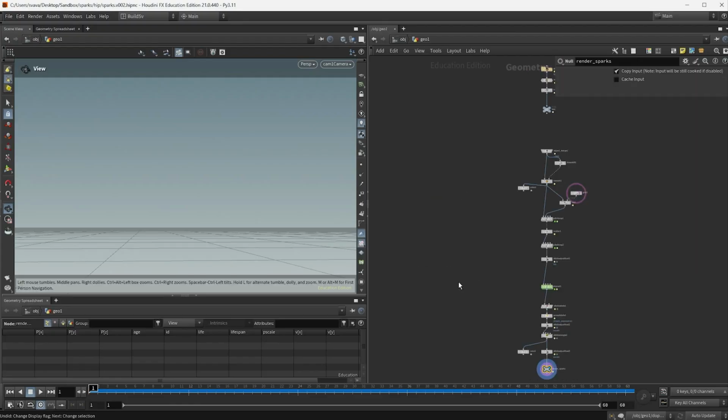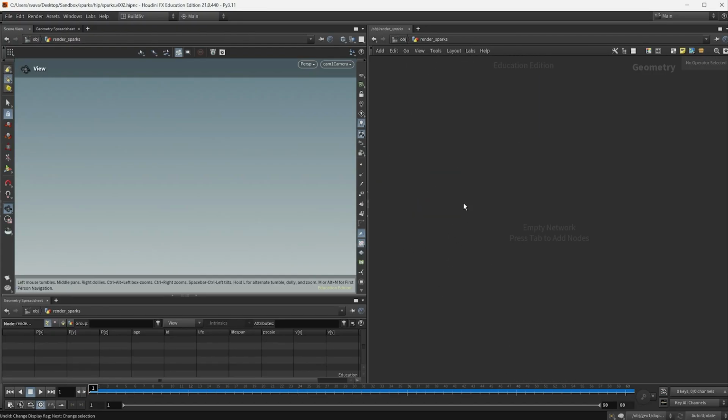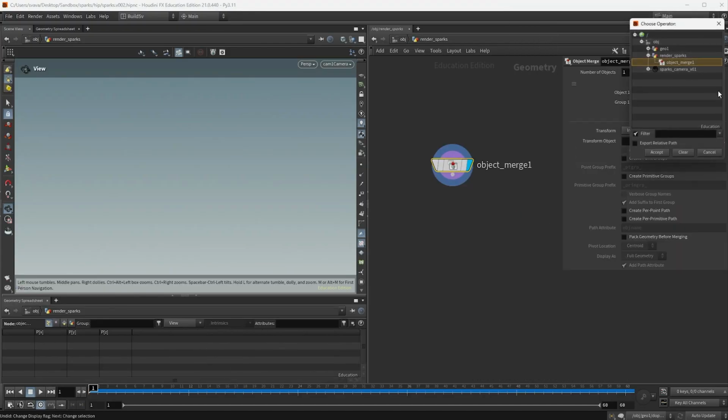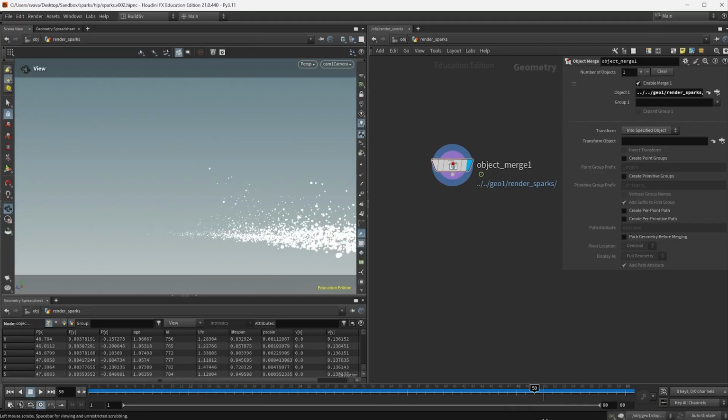And I want to pick up this node here. So inside of here, I'm going to put down an object merge. And you can use this, but I prefer just to do dot slash to go out of this node, dot again to go out of this object, and then it's inside of Geo1 and it's called render sparks. And we have the sparks here.